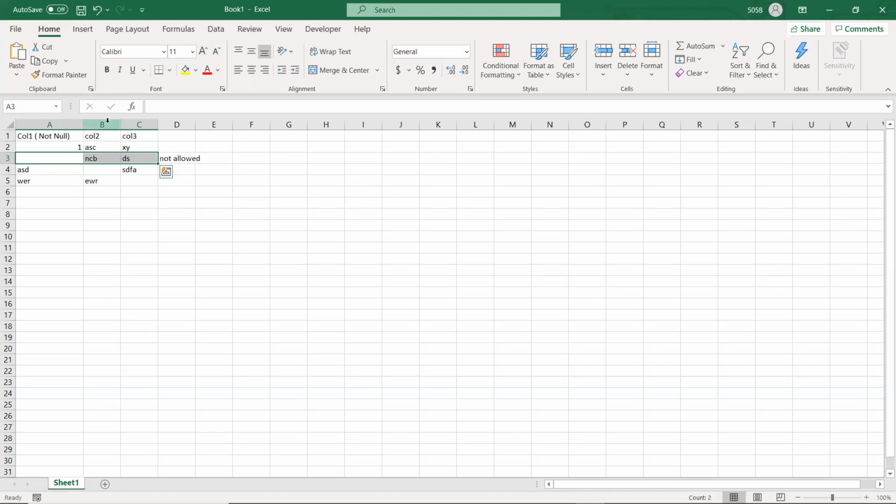So where do we use this? Suppose we have a list of employees, and there is an employee id column. Obviously we cannot have any employee without an employee id, right? So we can tell the table that, okay boss, for my employee id you should not allow null values. Mainly it is done for the identity column. So what is an identity column?